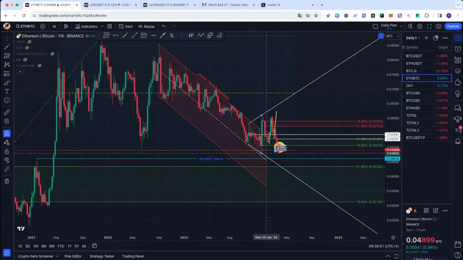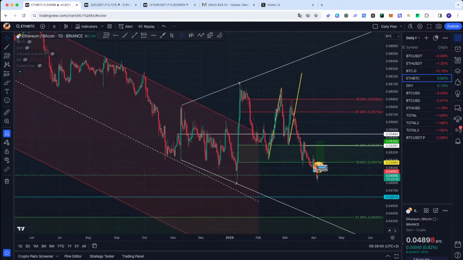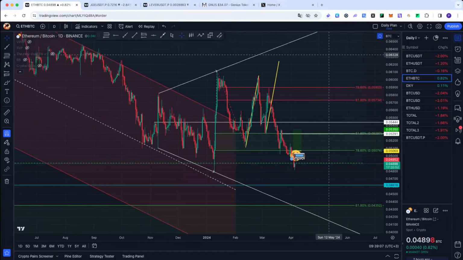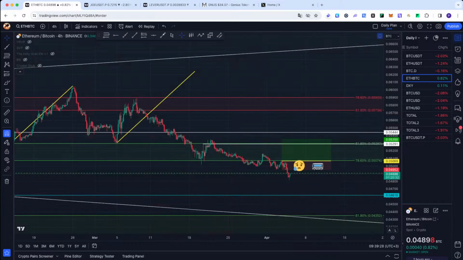But if not, well, you can see we'll kiss this megaphone a third time. It's nice, well, not quite, but it's what we got. So the megaphone is still valid, in my view. You can see 1 touch, 2 touches, well, 3, no, back down. 1, 2, well, hopefully we'll get the 3, or hopefully not. We'll see. We are not here to predict the market or to tell the market go up, go down. We are here to make money. So we'll play only setups. And for the moment, I don't have anything on this one. Okay, that's Ethereum versus Bitcoin.